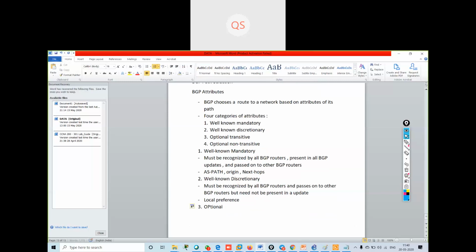So now the third thing is optional transitive. Now what is optional transitive?